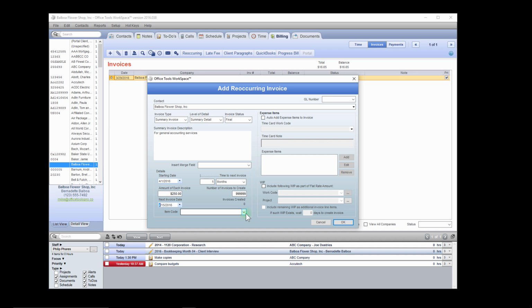The auto add expense items to an invoice allows you to choose some pieces of information to add a flat rate that's non-time based to your invoice, whether that be a monthly FedEx charge or an annual subscription fee, something along those lines where it isn't time based but you're still charging the client for it. You'll use the expense items section here to add that fee. Simply check the box, pick a work code,